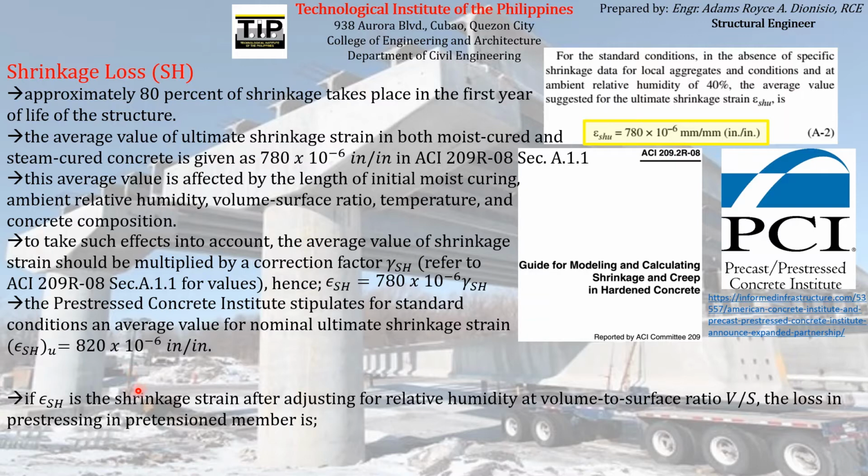So for us to be able to calculate the actual pre-stress loss due to shrinkage, we can use this formula here. If epsilon sub sh is the shrinkage strain, after adjusting for relative humidity and volume to surface ratio V over S, the loss in prestressing in a pretension member is equal to this. So this is the formula for finding the prestress loss due to shrinkage. You just have to multiply the adjusted shrinkage strain, so take note, this must be the adjusted shrinkage strain,